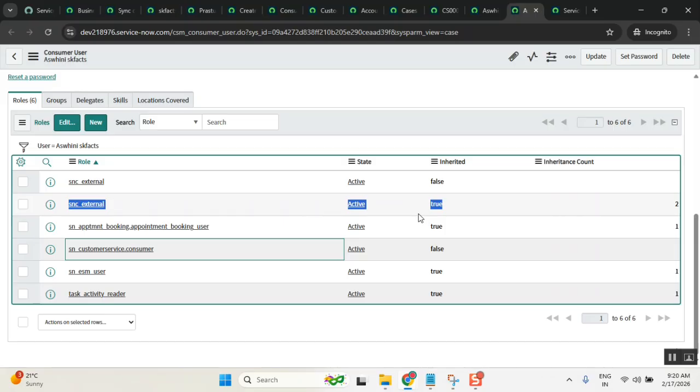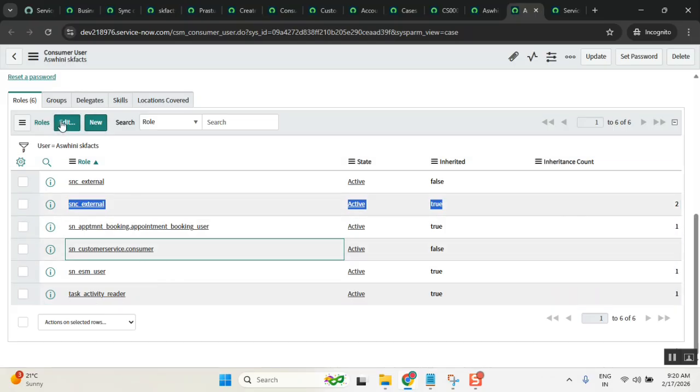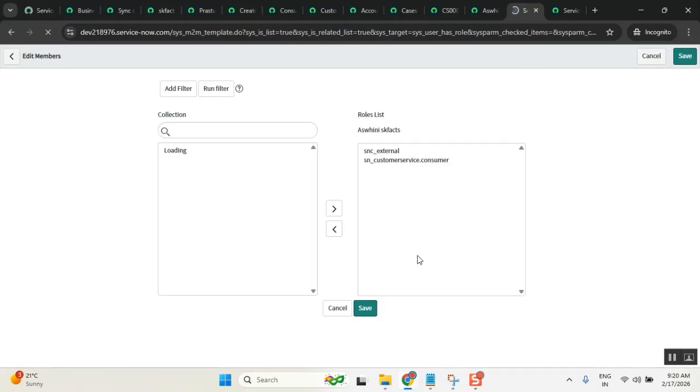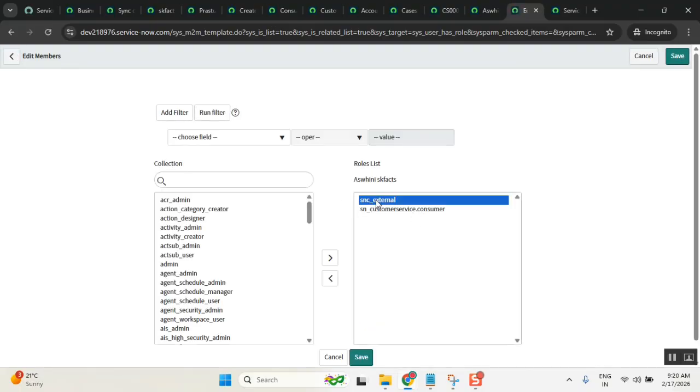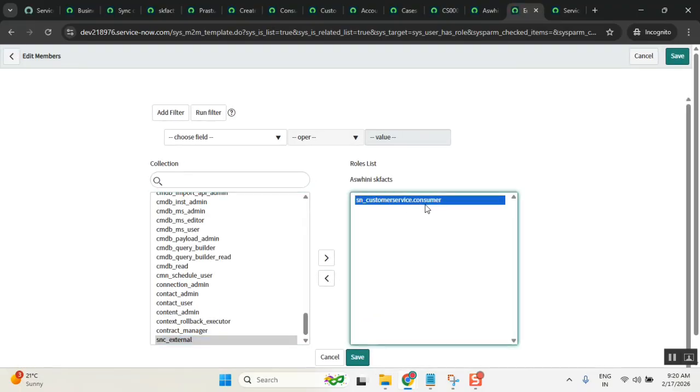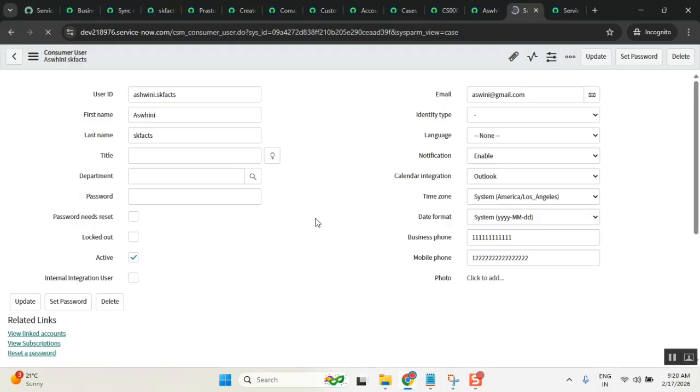You're understanding it? I don't want to make you confused. Which role I added here? I'll remove it. But which role I added here? Customer service consumer. Now, from the system point of view, access point of view, this role is needed for a consumer